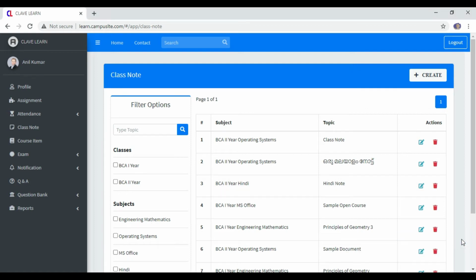This is a staff class note page. Teachers can utilize this page for converting class notes into digital format and making them available for his or her students. In this demo page, we can see the subjects and topics dealt by a particular